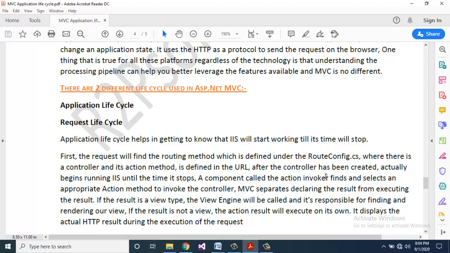After the controller has been created, it actually begins running under IIS until the time it stops.